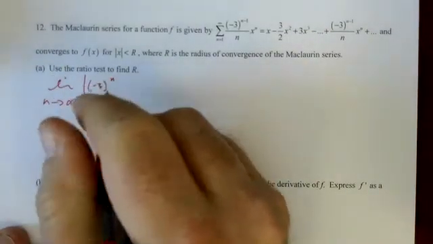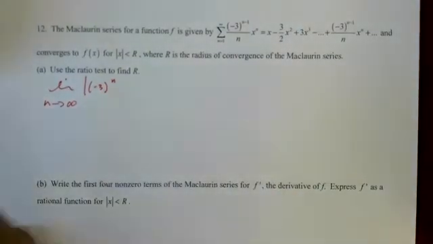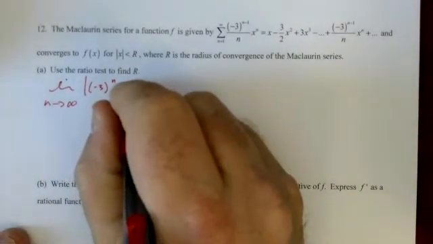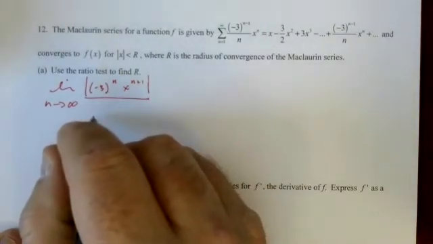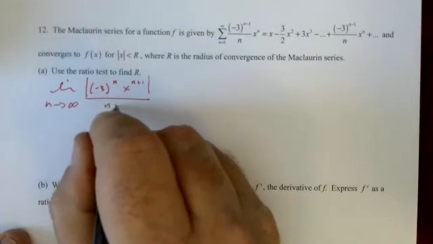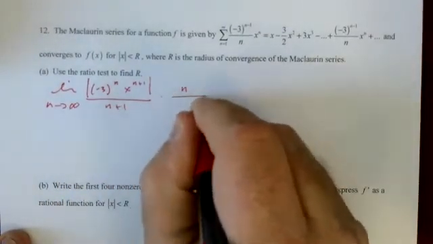This one I put inside because there's a negative that'll pop out here. x to the n plus 1. This one I'm not putting inside. n over